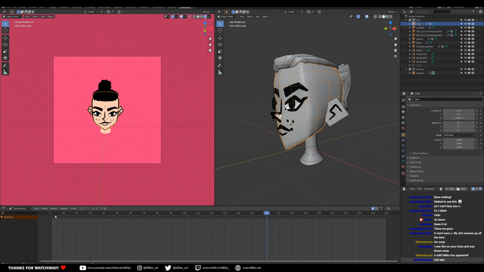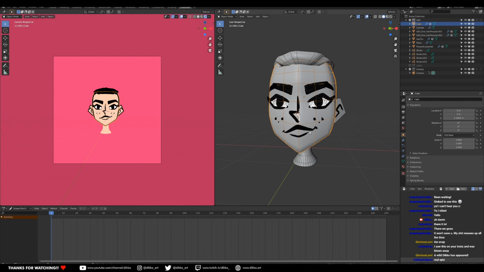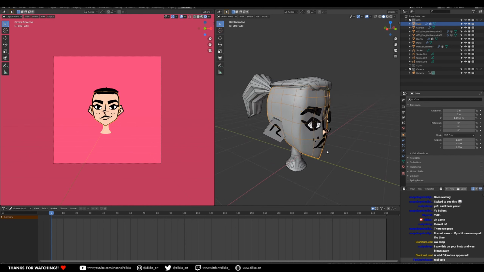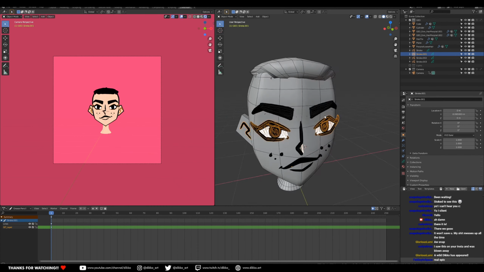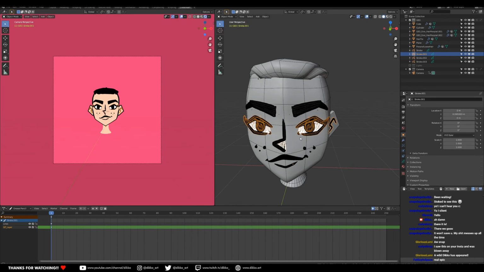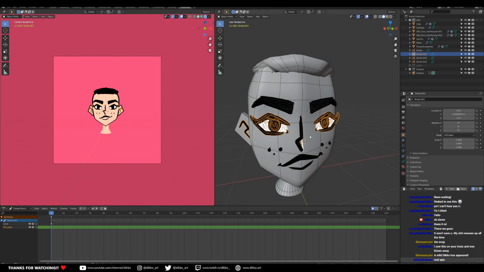So we're gonna try and get this up and running, and it's going to be a pretty simple affair. I think animating the mouth and the eyes are gonna be very straightforward. So the plan is to animate a blink with the grease pencil. You can see how messy it is because it's just a sketch. I'm going to animate a blink, and then I'm going to add